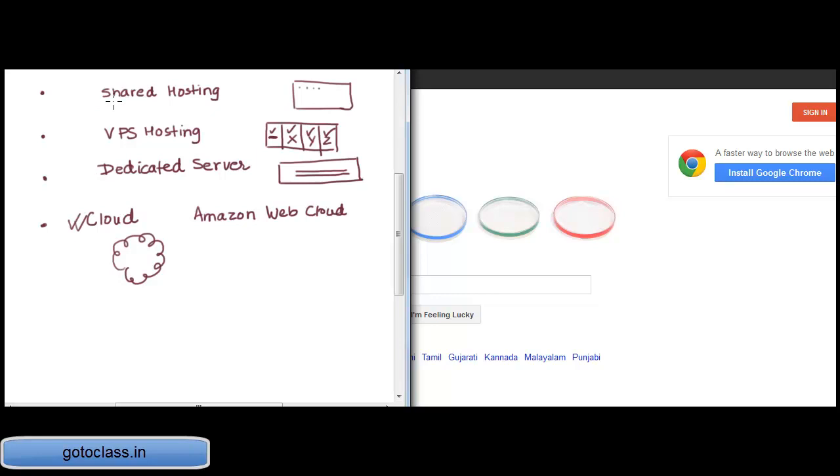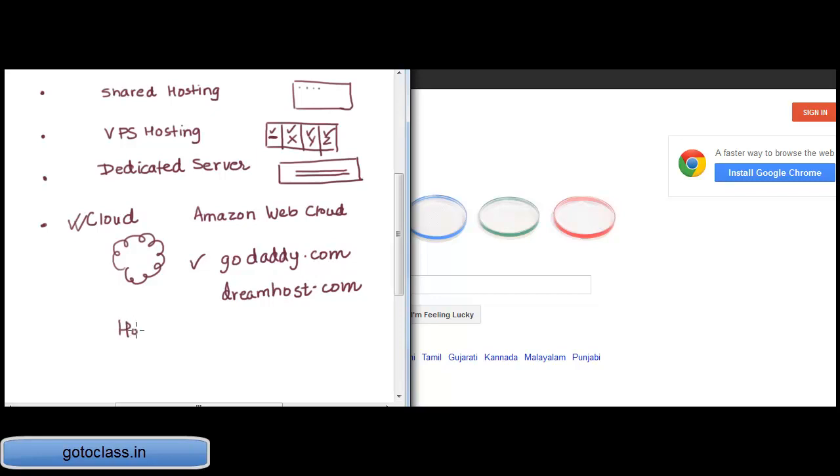So I would recommend that for starters, let's go with shared hosting. This will suffice for the kind of learning that we are intending to do. There are quite a few providers you can go with. There is GoDaddy.com, there is DreamHost.com, and if you have your own choice, then feel free to go there. I will give you an example where I have created an account with GoDaddy and I'm going to host WordPress off GoDaddy. So go ahead and sign up for a hosting account.